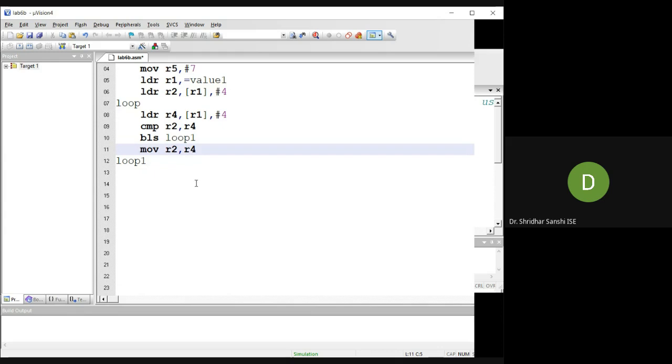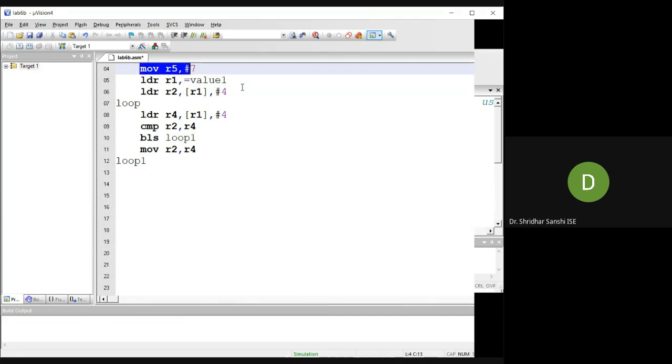It means that whatever is in R2 at present will be the lowest. Then I need to compare for the next element. I have compared only the first and second elements. Now I have to go up to 7 elements, correct? I have 8 elements in the array. The first element I have taken in R1, so the remaining 7 I have to do. One of the 7 I have done, so I have 6 elements remaining. So that's why I have written this.